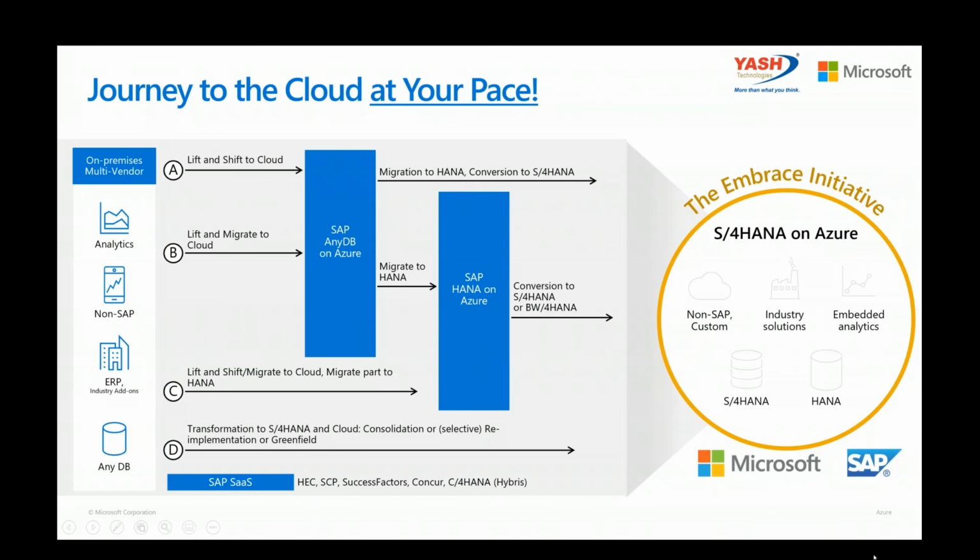So the typical journey from wherever you are to cloud, you could take in four steps, and Azure supports every one of these scenarios. From scenario A, we're looking at a lift and shift to cloud, where you're really just looking at a rehost. Whatever you have on premises goes up to Azure. Some customers may choose to go for a lift and migrate. That means you are lifting the VMs or servers from on-prem, but you're looking at an upgrade of your DB, whether it's from Oracle and Linux to SQL, for example, or to HANA, eventually moving to HANA.